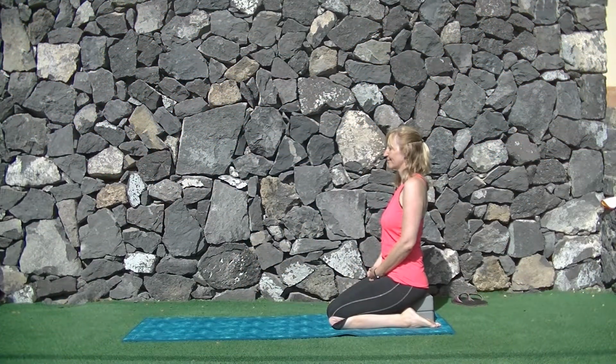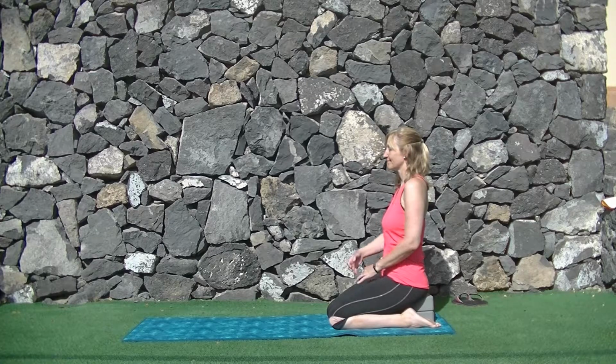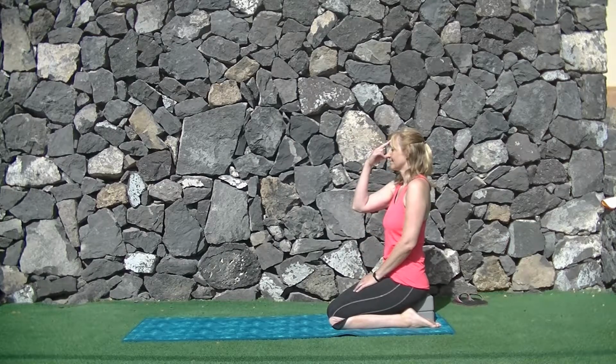Begin seated at the back of your mat, either in Sukhasana cross-legged or Vajrasana kneeling. You may want to use blocks. Drop into the breath. Take a few normal natural breaths, just noticing, and let's come to Nadi Shodhana, alternate nostril. Closing off the right nostril, breathing in for 4,